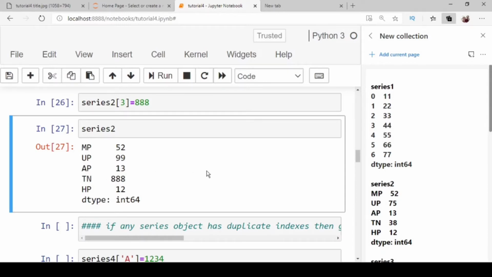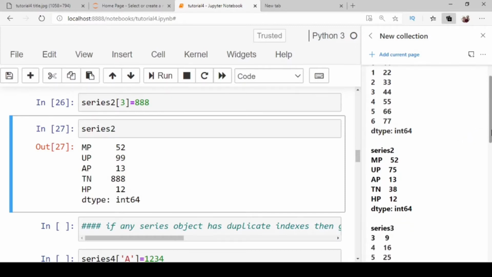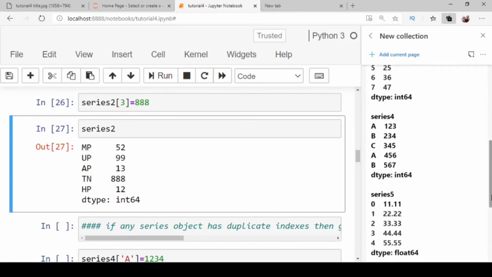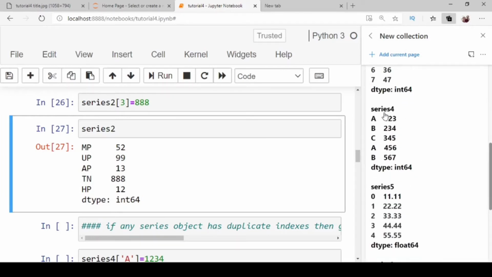If any series object has duplicate indexes, then giving an index with the series object name modifies all the entries with that index. Series 4. So first you see series 4. This is series 4.